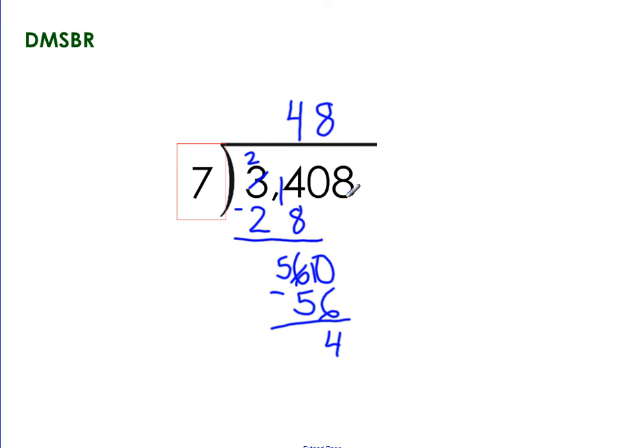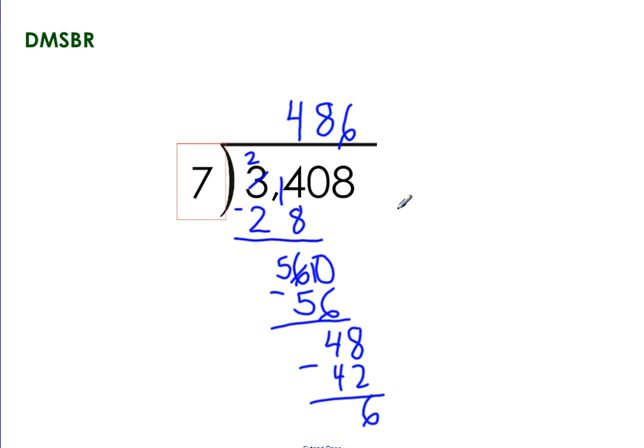Now brother bring down. Yes, there's another number to bring down, so we'll bring down the 8. And now we're going to repeat. 7 goes into 48 about 6 times. So 6. Now we're at mom multiply. 6 times 7 is 42. Sister subtract. And we get that